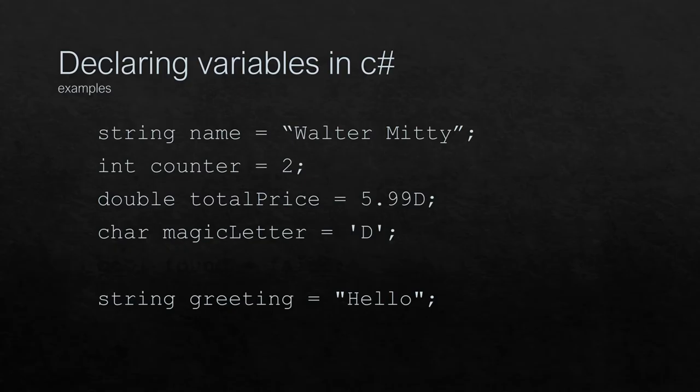Magic letter is D, so it's defining a single character. Notice the keyword is char, and then finally we've got bool, which defines a boolean variable called found and sets it to have an initial value of false. Now constants are